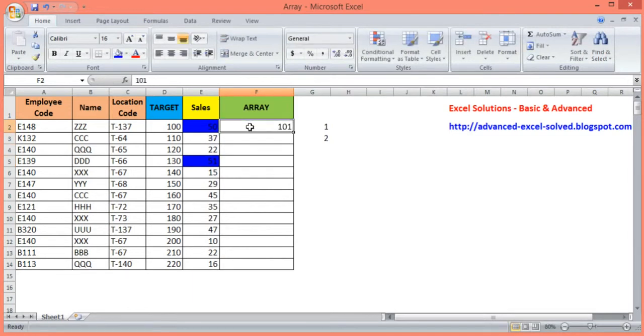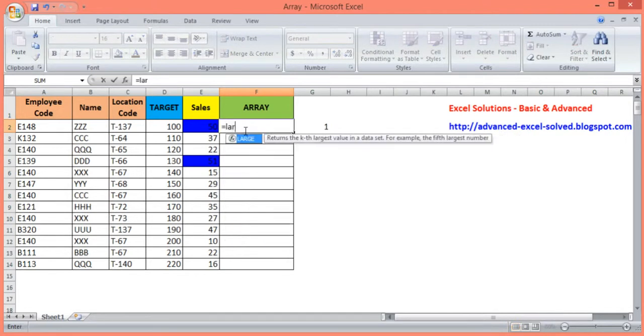But if I give you 10,000 numbers and I ask you to sum up the top 100 numbers, then what will you do? I think you might go for a function that is LARGE, but here there is a difficulty also. It is asking for an array.